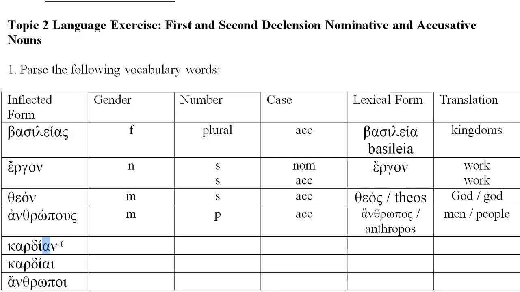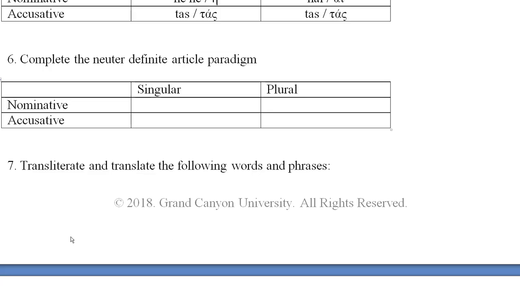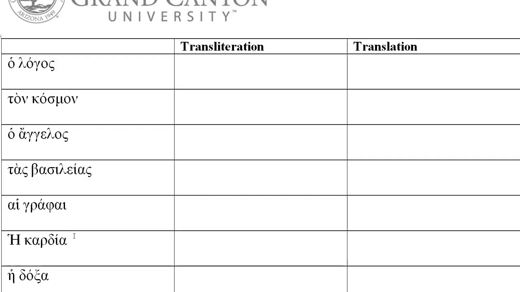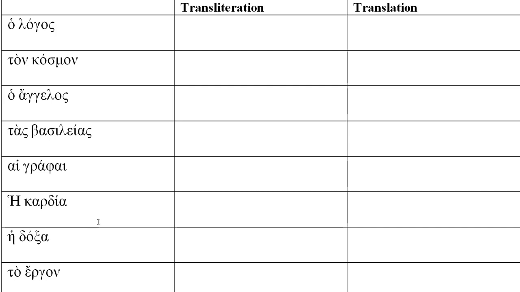Not always, but it's a good indicator. And since I already know this vocabulary, I can already know that it's feminine. But you go ahead and look that up for yourself, and you'll figure that out in the dictionary. Okay, let's go down now and look at a few of these translations down in the final part of the